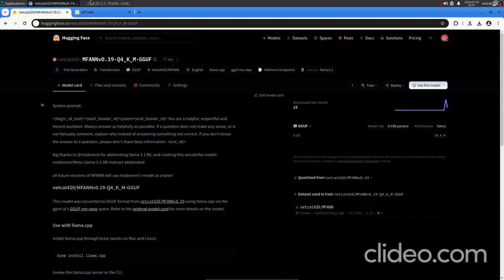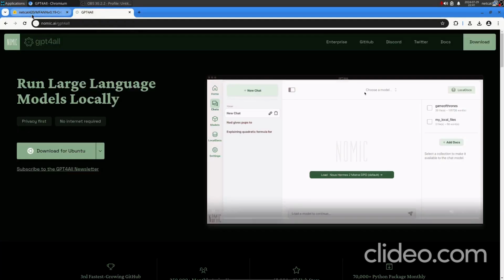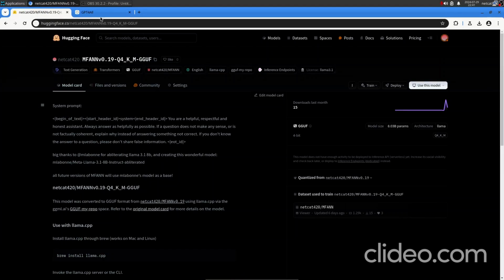I am Netcat, and in this video I'm going to show you guys how to install my MFANN models. This video will cover the desktop model, which I will be showing in this section of the video. It is an 8 billion parameter model based on Llama 3.1, and the latest version, thanks to MFANN, is now